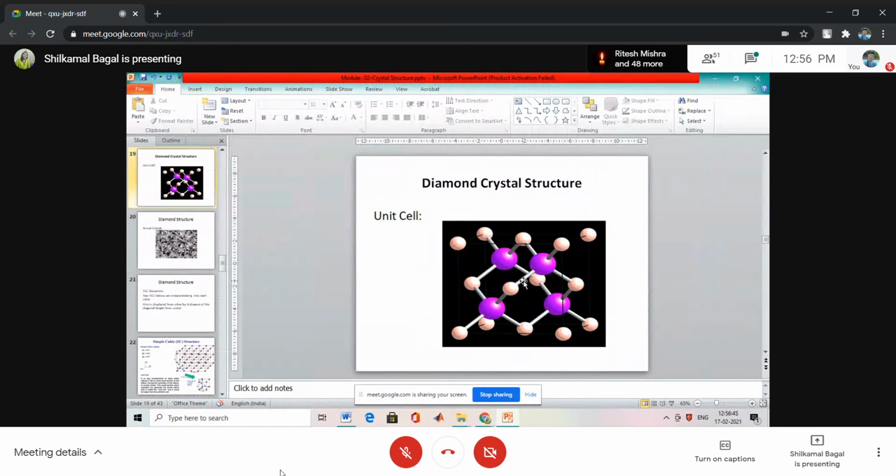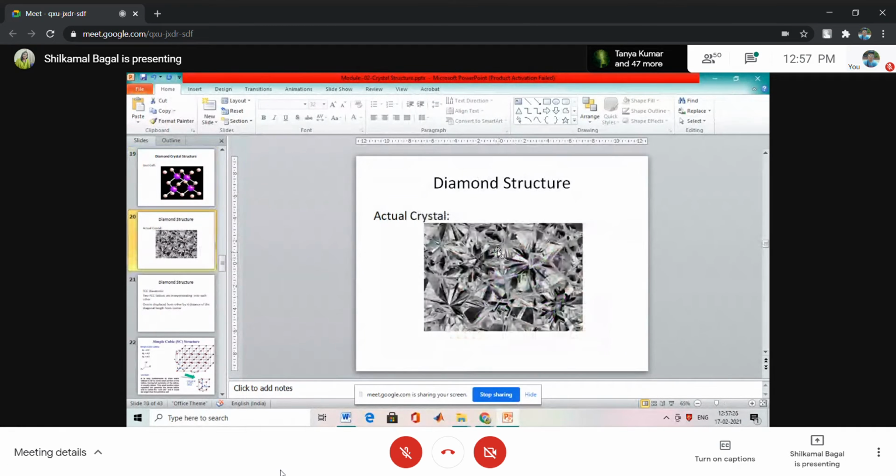See, this is the unit cell of diamond structure. As per I have shown you in an actual model, these 4 purple colored diagonal atoms are there, and each one is having 4 bonds with another 4 atoms. Out of these 4 atoms, one is the corner atom and the remaining 3 are the face centered atoms. And it is the same for all these remaining 3 diagonal atoms. Okay, it is bonded with one corner atom and the remaining 3 face centered atoms. So this is the structure of diamond.